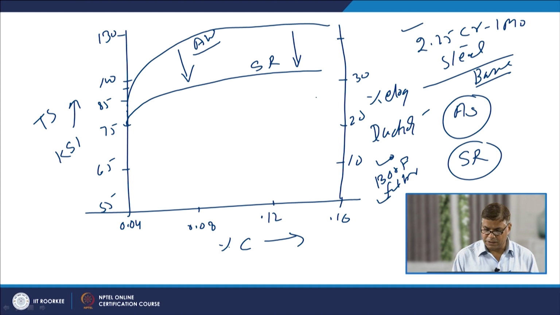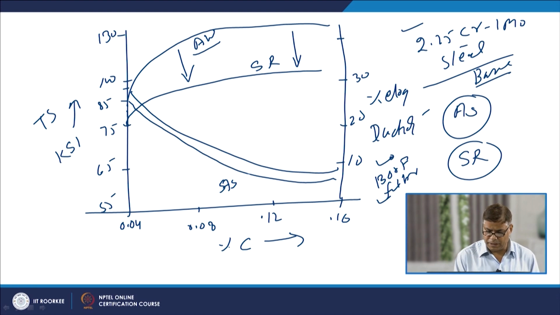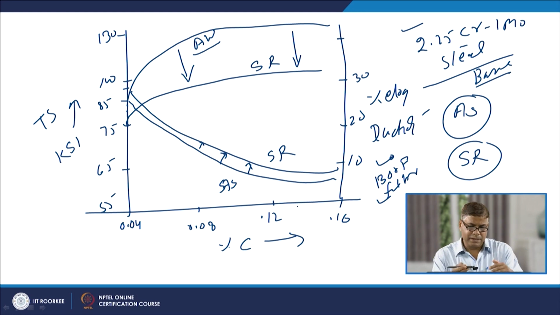On the other hand, ductility also comes down hugely with the increase of the carbon content, and what we see here is that the ductility drops to 5%. This is the case in the as welded condition, and when we check the same in the case of stress relieved condition, then there is a marginal improvement in the ductility of the metal. So, a stress relieved weld metal shows a higher percentage of ductility for the same carbon content, while there is a significant drop in the tensile strength of the weld metal.